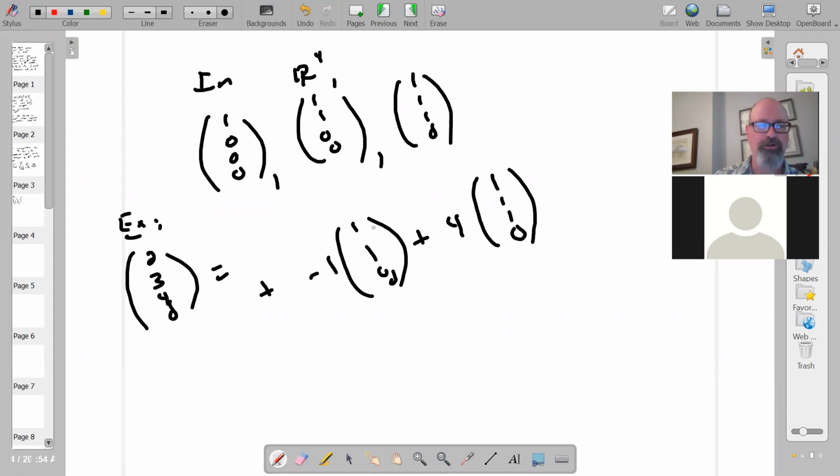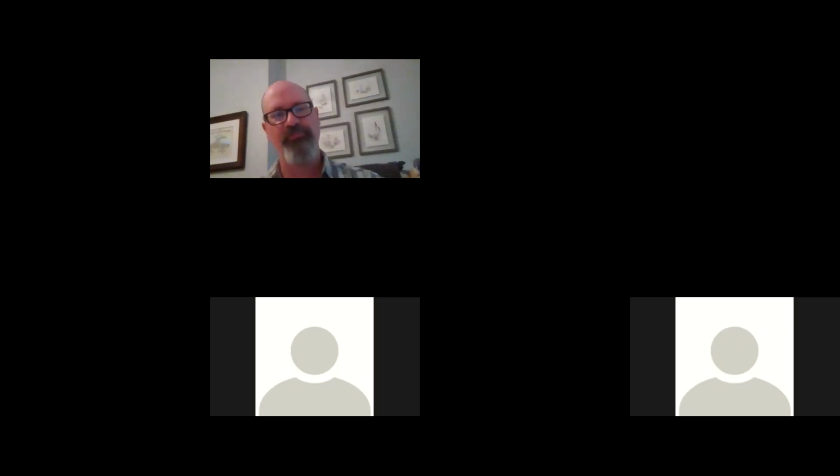Given that you have 4, -1, I guess that would have to be a 2. So, you know, this may be wrong, but it's close enough. So if you have something like this, it seems like 2, 3, 4 is this linear combination, and the coordinates of the vector 2, 3, 4 are 2, -1, and 4. So when we project along axes or coordinate axes within the subspace that are defined by this set of vectors, we would say that 2, 3, 4, 0 goes to the vector 2, -1, and 4 when we project. So the numbers that you see in front of those vectors have something to do with where the vector wants to go. Does this make sense so far?